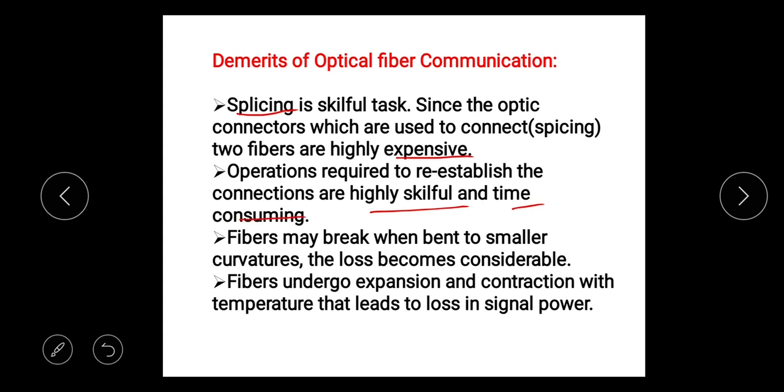Fibers may break when bent to small curvature, so there exists a loss of signal. While fibers undergo expansion and contraction with the temperature, light rays fail to undergo total internal reflection and it is considered as a loss. So this is about optical